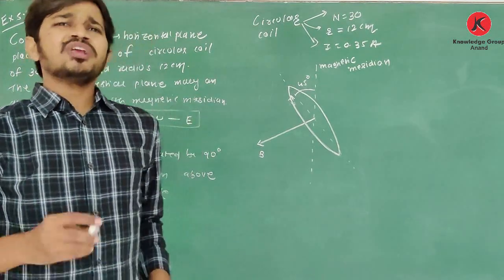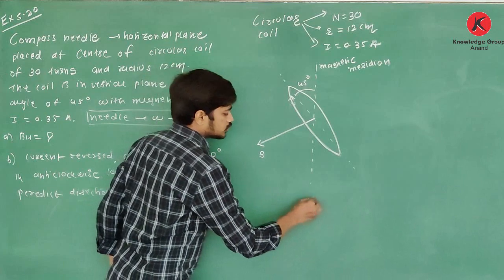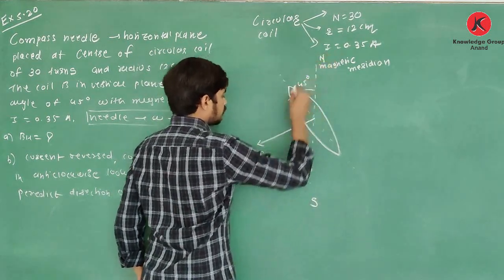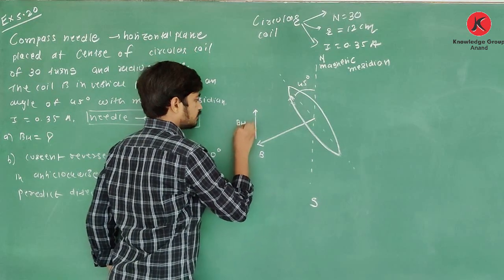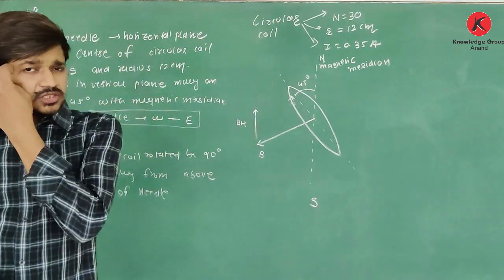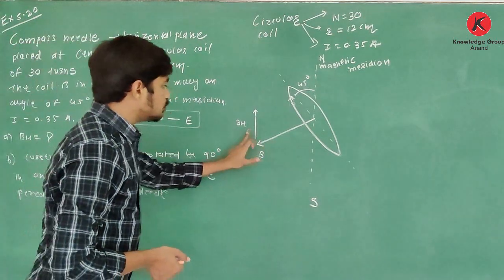Clear about this? We know that at each and every point, the horizontal component of Earth's field is from geographical south towards geographical north. So the horizontal component is in this direction. It is BH. Clear about this? Okay. So due to these two magnetic fields,